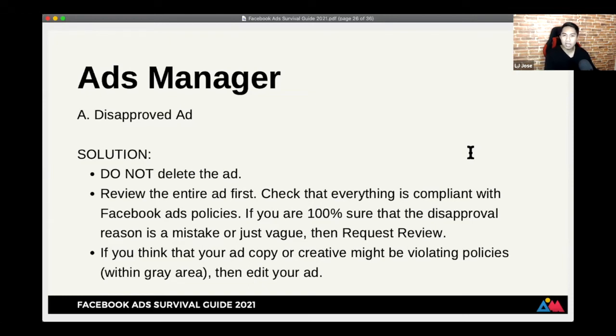Okay? Automated na yung process na yan. Just click request review. Wala na yung dati na parang nagsusulat pa kami ng nobela, yung explanation namin and all of that. Ngayon, isang click na lang. Or pwede through chat support din.